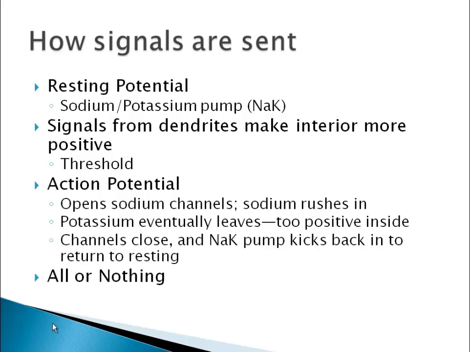Either you have enough of a stimulus coming in from the dendrites that you get an action potential, or you don't. Okay? So, now, how strong a signal is, for instance, coming in from a sense organ might be communicated by how many action potentials you have. So, you have a lot, it's a big signal. You have fewer, it's a smaller signal and such. But it's either enough to give you an action potential of a certain size, or you don't get an action potential at all.